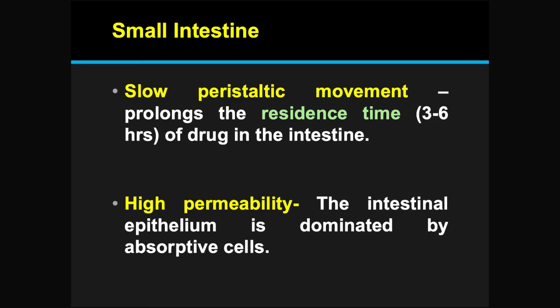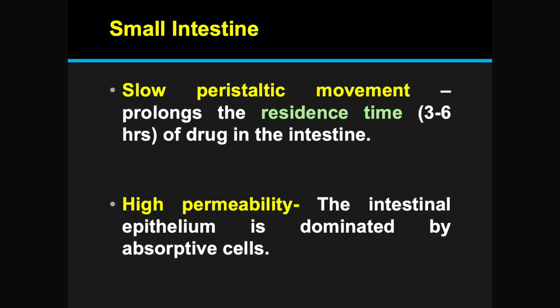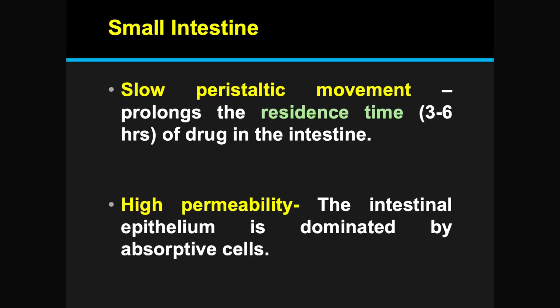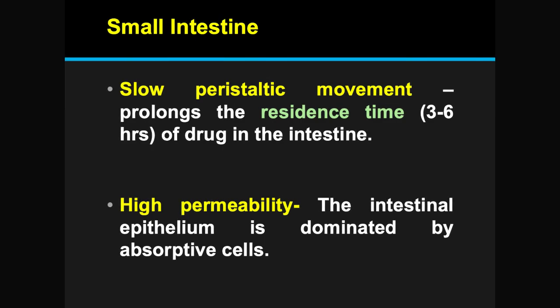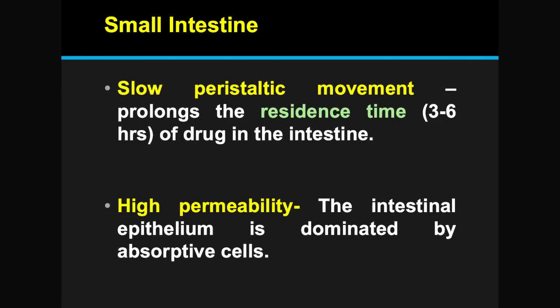Simultaneously, evaluate the histological composition of the intestinal epithelium, which is specialized for high permeability through a dominance of absorptive cells. Unlike the mucus-heavy gastric lining, this cellular landscape is optimized to facilitate the rapid transit of solutes across the barrier and into the bloodstream. How does this combination of prolonged exposure and specialized cellular architecture solidify the small intestine as the most efficient site